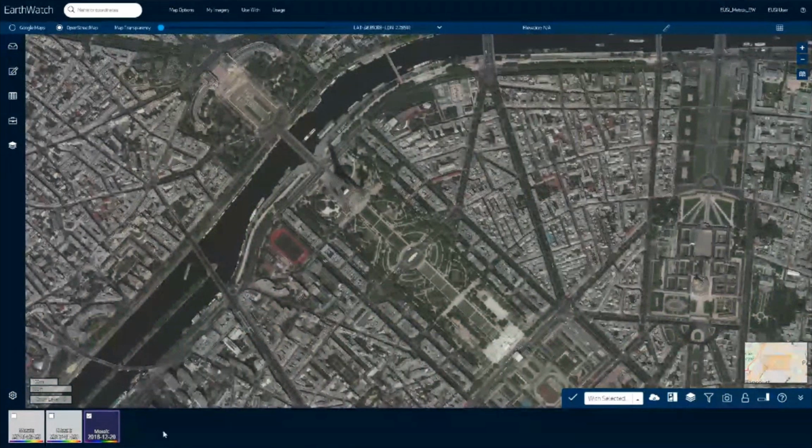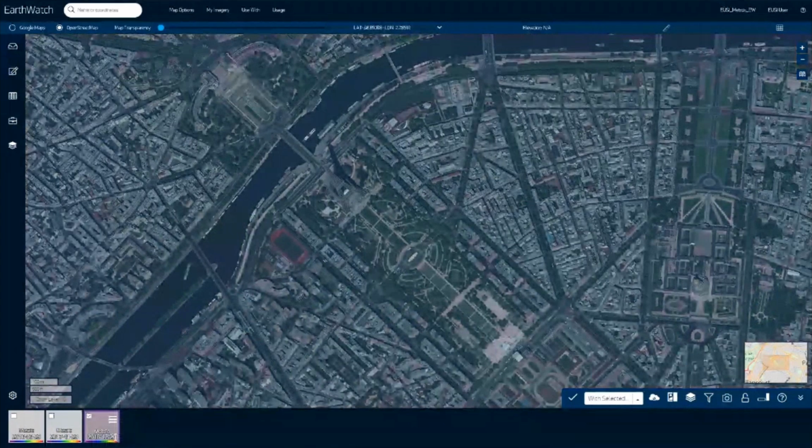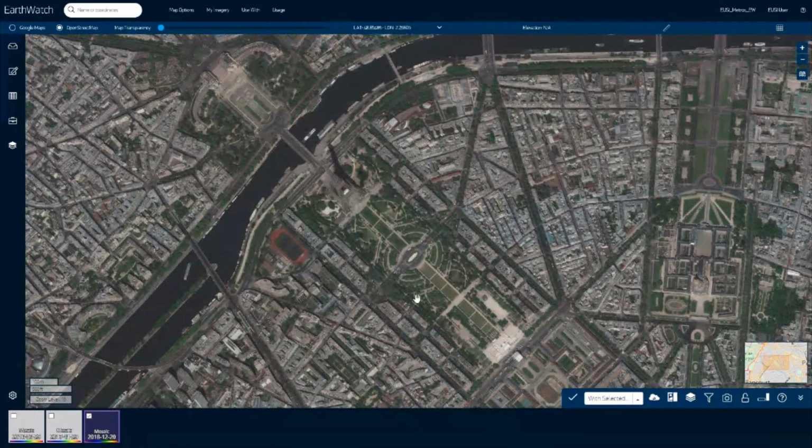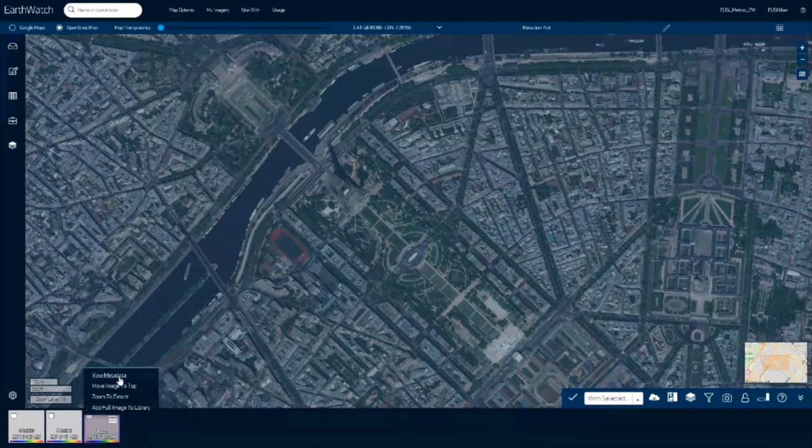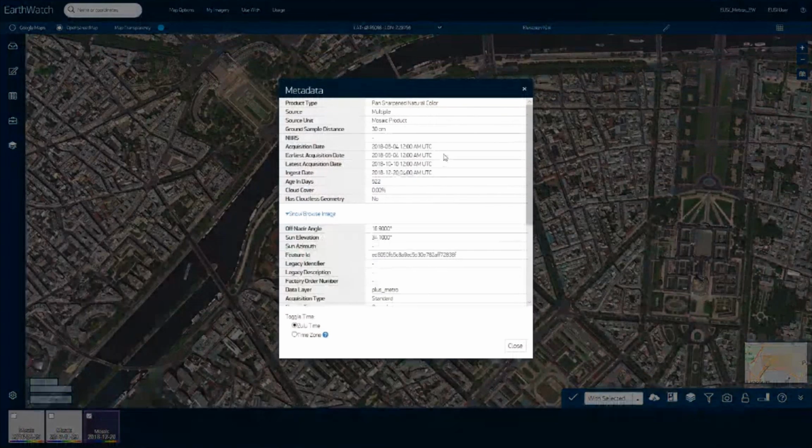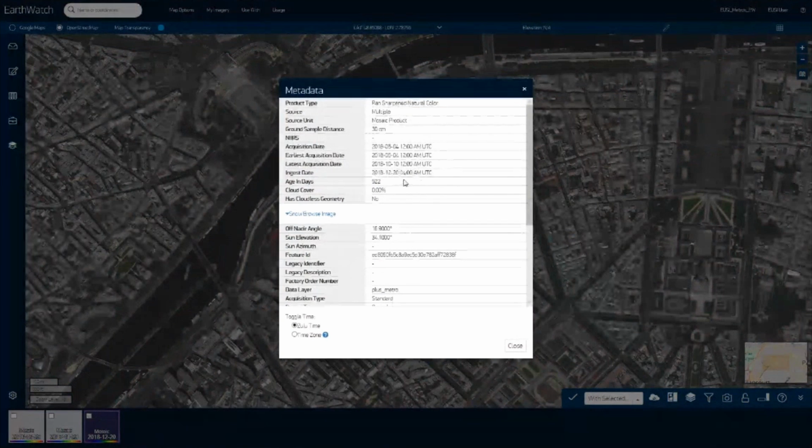As we see down here, we also get a date of the image, but actually it's not the date of the image, it's the date when the mosaic got inserted into EarthWatch. If we want to get the dates from which this whole image was created, we can have a look at the metadata. And here we see that this image, which got inserted on the 20th of December in 2018, is actually from imagery from May and October 2018.